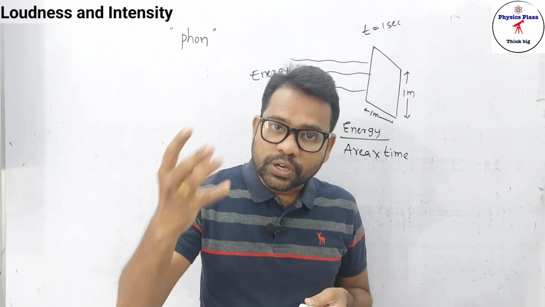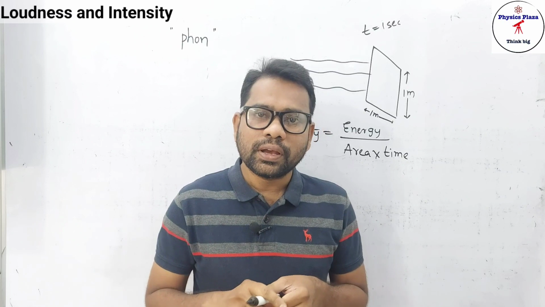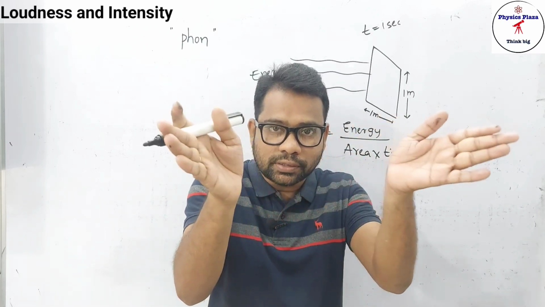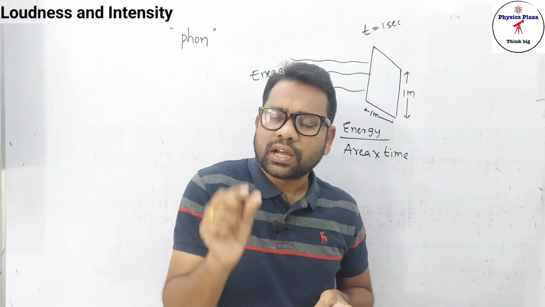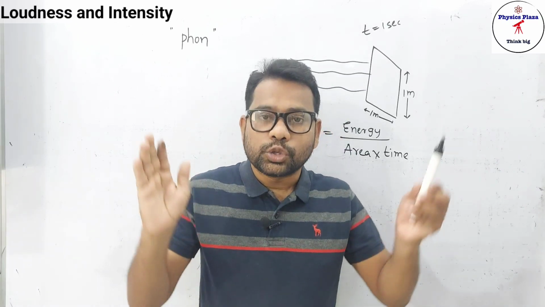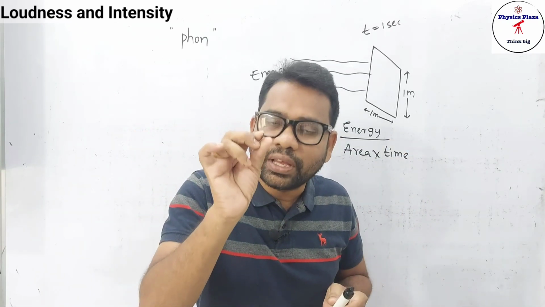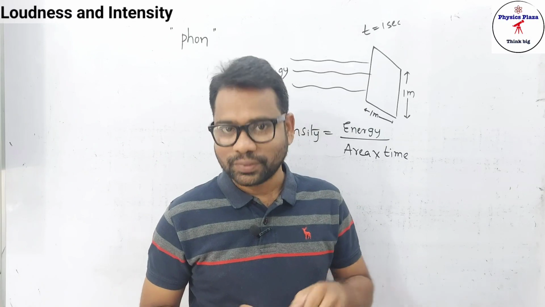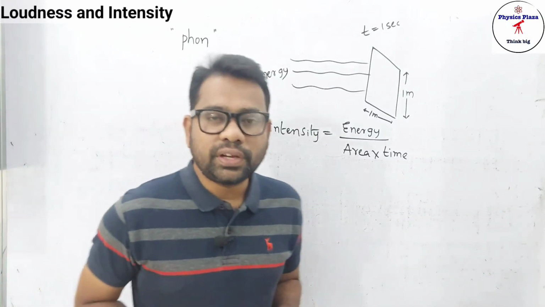Why is laser so special compared to normal light? Because normal light will get diverged, whereas laser light is confined to a small area. So much energy is confined to a small area. That's why it is very powerful. Is it clear? So what is the intensity of energy, children?